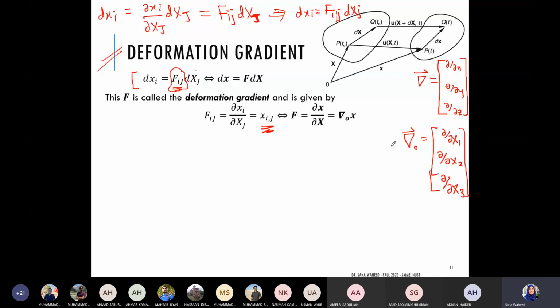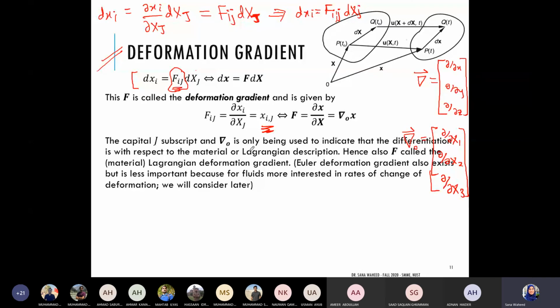Okay, right. This text has the same thing which I've already discussed: capital J and del naught are used repeatedly because it's important to emphasize that the differentiation is in the reference coordinates. And that's why, when someone says deformation gradient, they usually mean the material or Lagrangian description deformation gradient. Sometimes, actually,